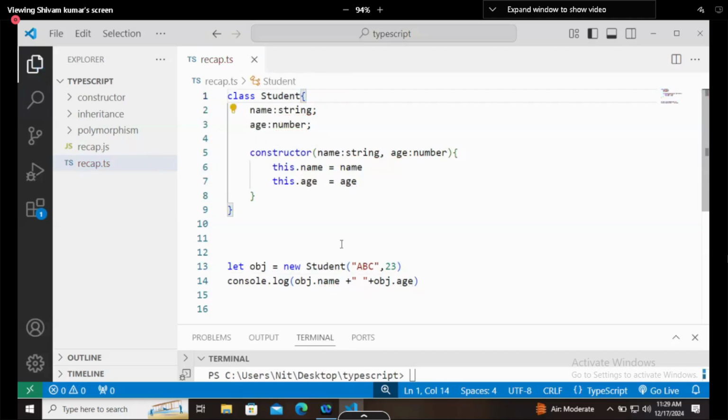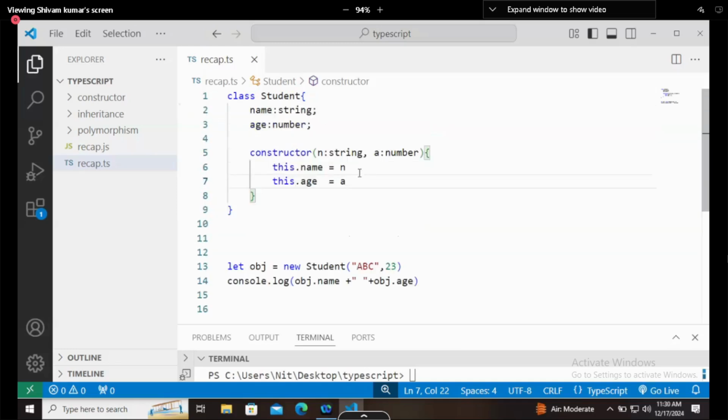So these two things are going to the constructor of the class, to n and a. Name is going to n, age is going to a. This is what is going on.